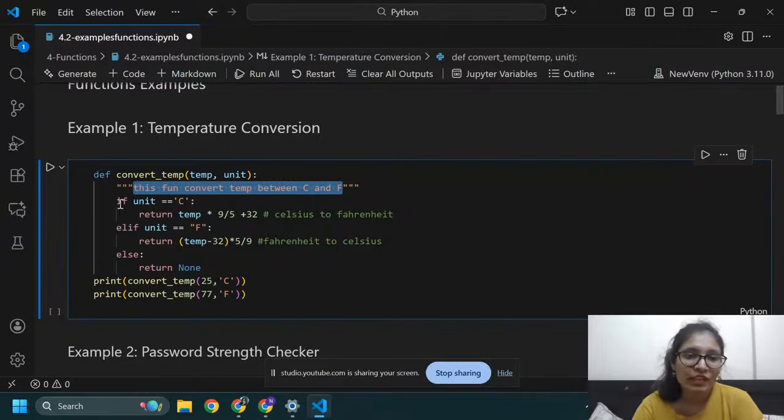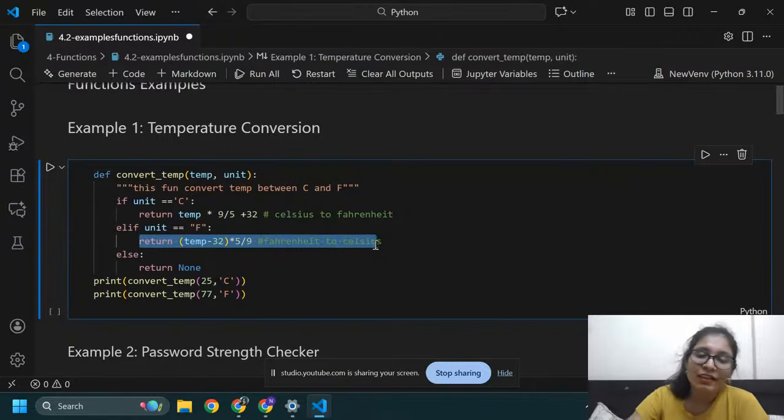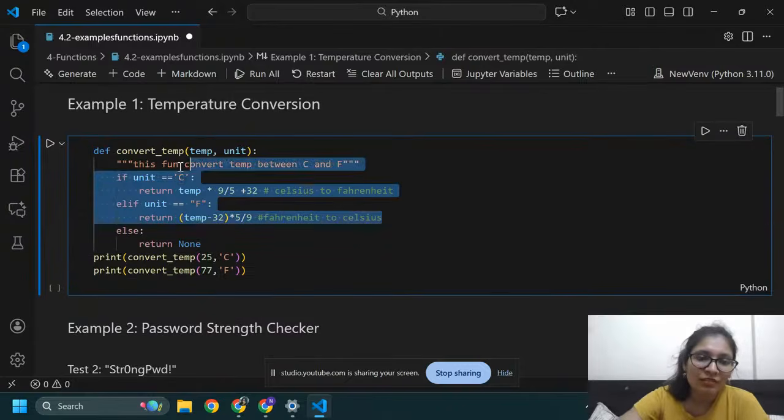If unit equals C, it will return this line, which is the formula to convert Celsius into Fahrenheit. If unit equals F, meaning Fahrenheit, then it will return this formula for converting Fahrenheit to Celsius. If both of these conditions are not true, then it will return None.